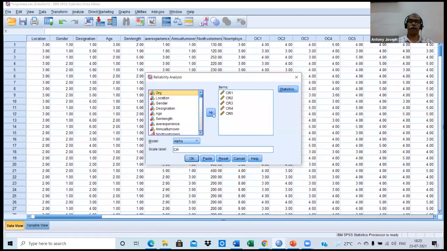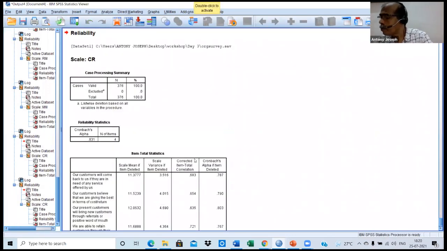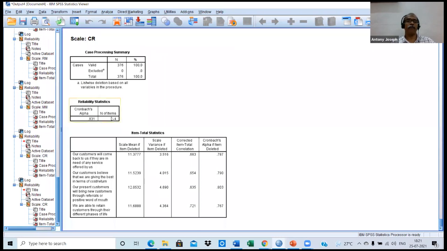Second item, send back. So you look at the Cronbach alpha, 0.831 is the Cronbach alpha, number of items 4. All items are having Cronbach alpha lower than 0.831 and item to total correlation satisfies the requirement. Moving on to the next one.